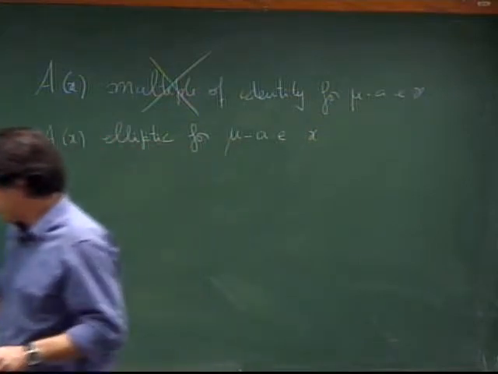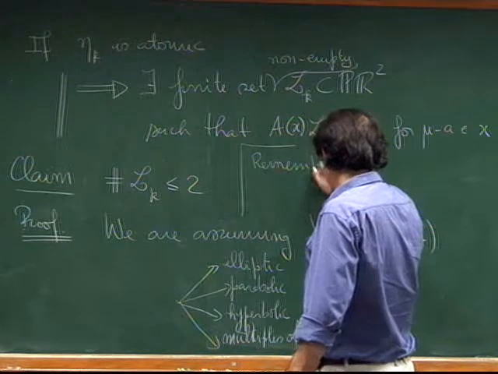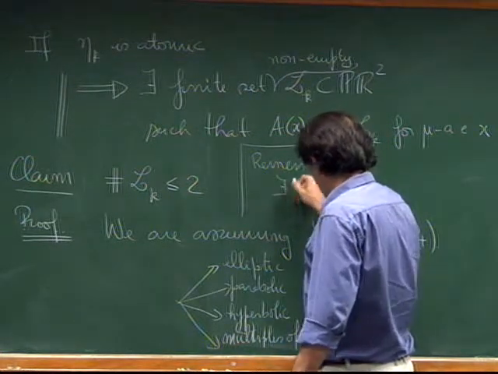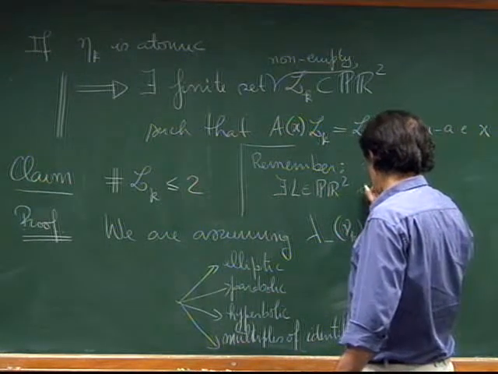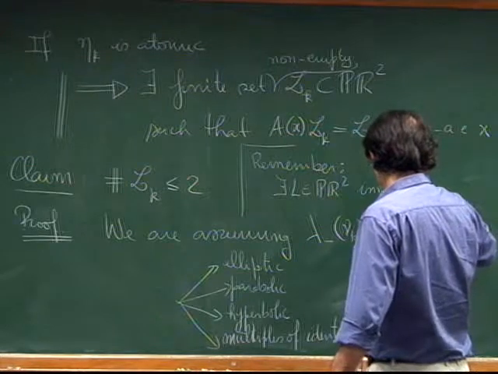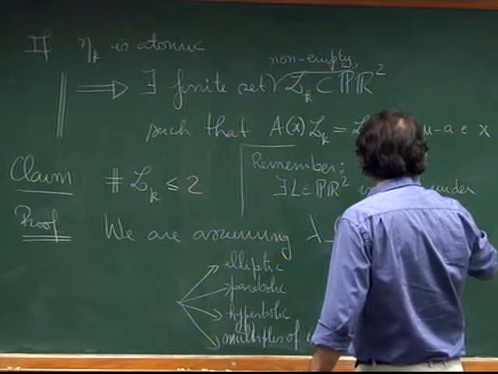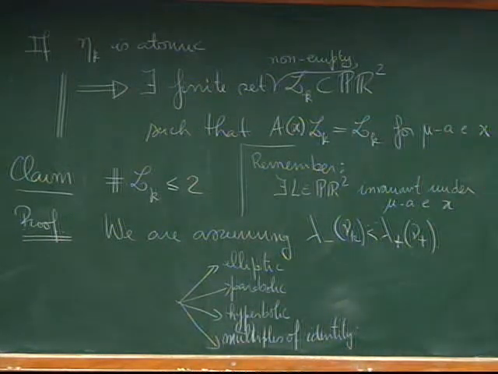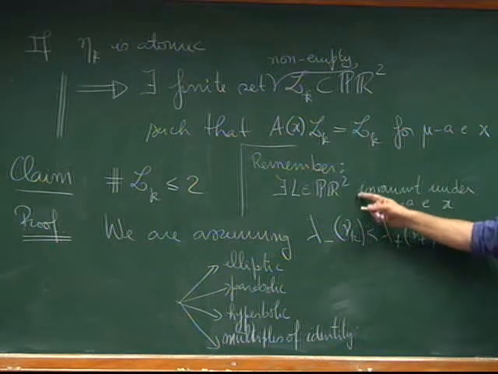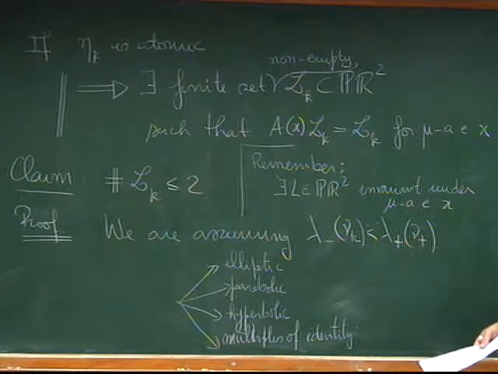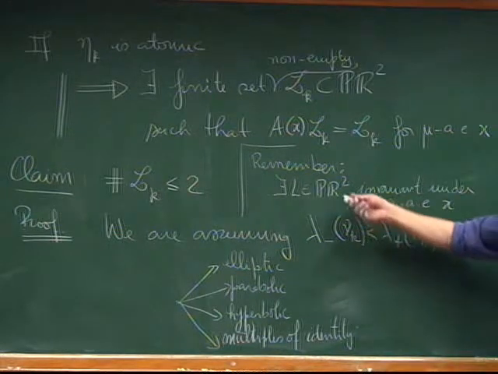oh yeah, remember that we already know that there exists some subspace, fixed, invariant under mu almost every x. So we have a finite family that is invariant, but we also have that there is one